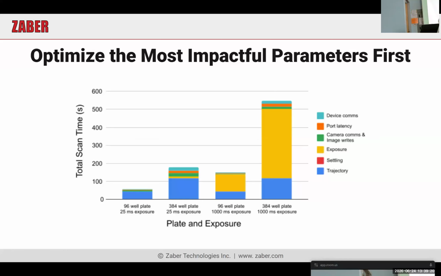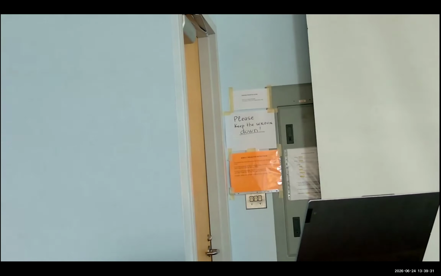But if we have a much longer exposure, well, there's kind of no point in